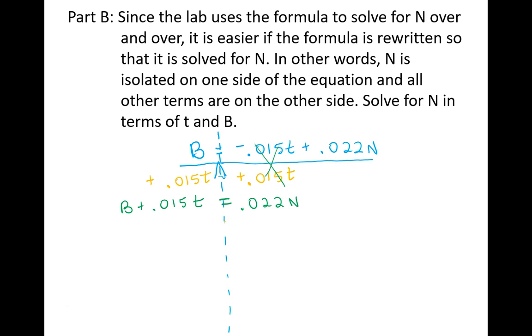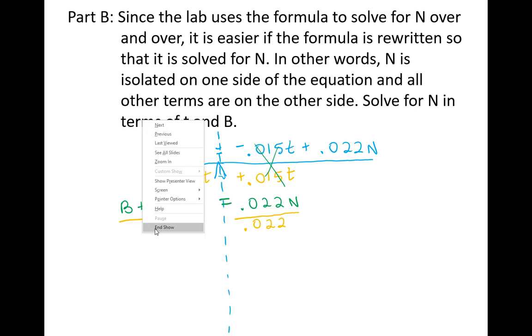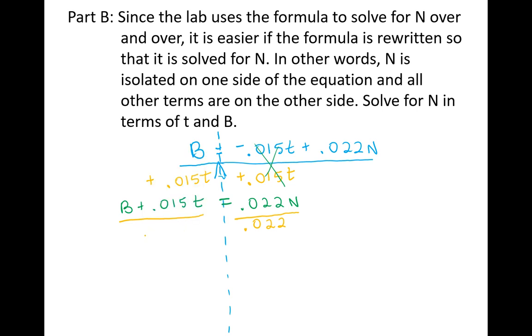Since it's being multiplied, I'm going to have to divide by 0.022. So I have to divide all of this by 0.022. And when I'm done, I'm going to get this new formula